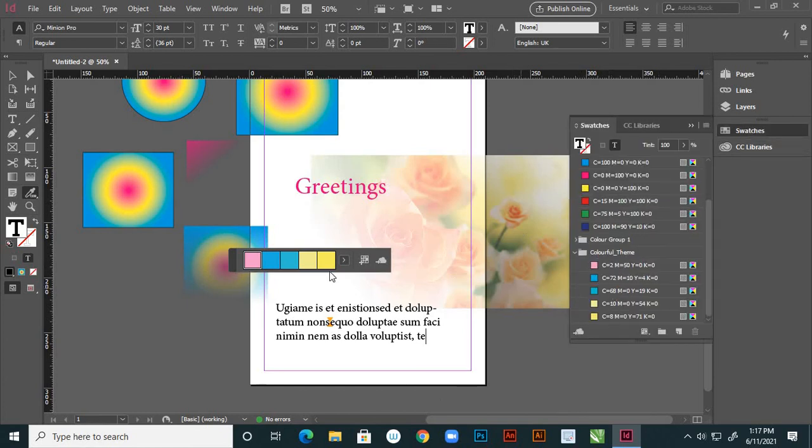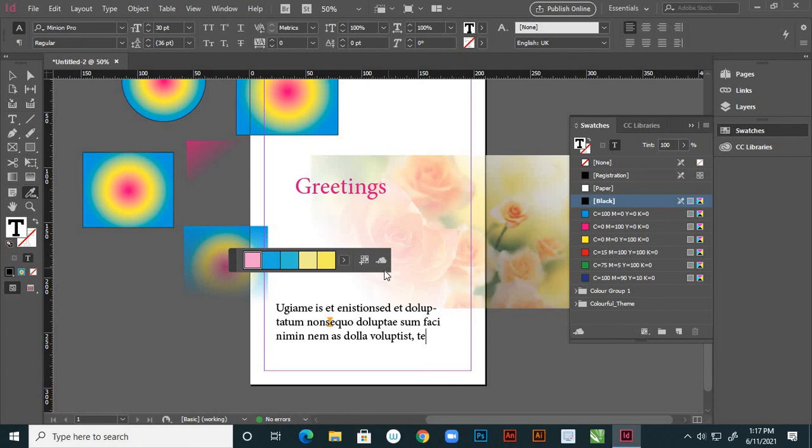See, these are already used colors. So by choosing this color theme tool, the theme you are choosing and understanding, the same theme you are adding into the swatches list. So here it is recorded, right? So that is the use of this. Add this theme to my current CC library, right? So it can add into your current CC library also, right?